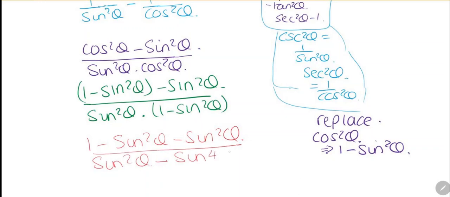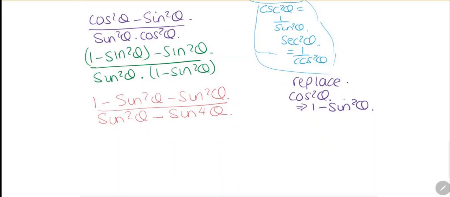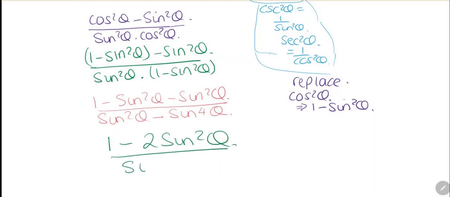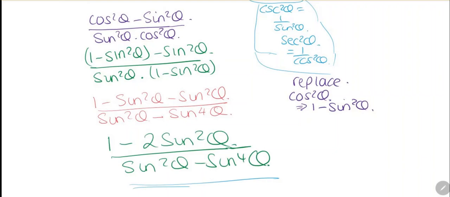4 theta. So let's have a look. We can simplify these terms because we've got a sine minus a sine. So that's going to be 1 minus 2 sine squared theta divided by sine squared theta minus sine 4 theta. Minus